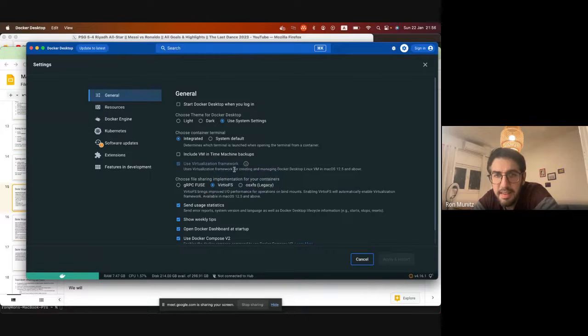It says it uses virtualization for creating and managing Docker Desktop in macOS 12.5 and above. If you have macOS 12.4, you can still use it on a much older Docker version. It will be under experimental. So we're not going to consider OS XFS, but depending on your versions of Docker and macOS, you would either use